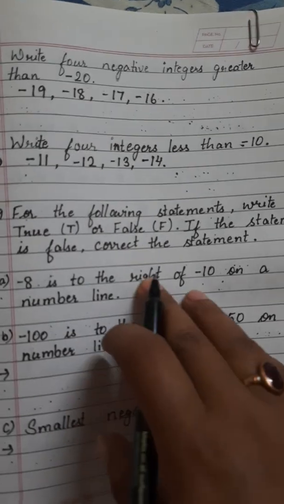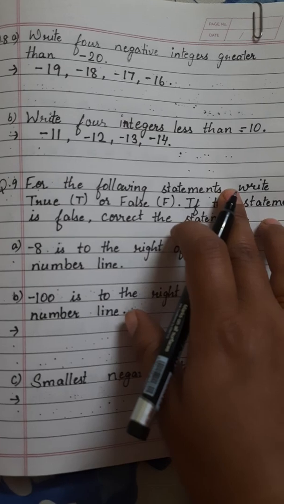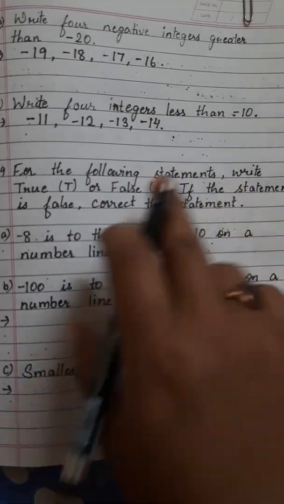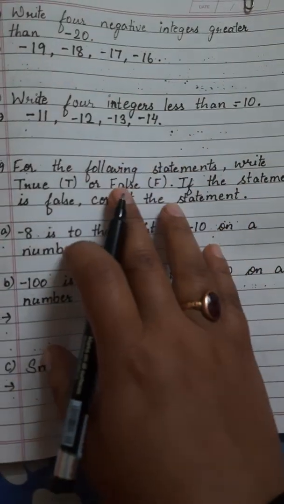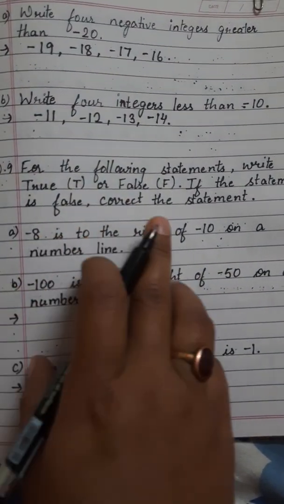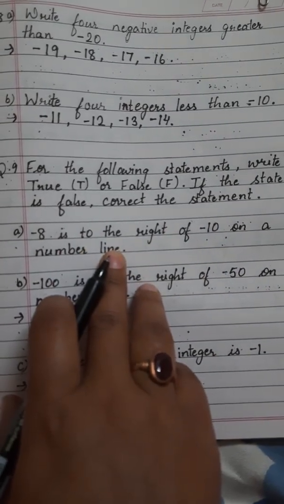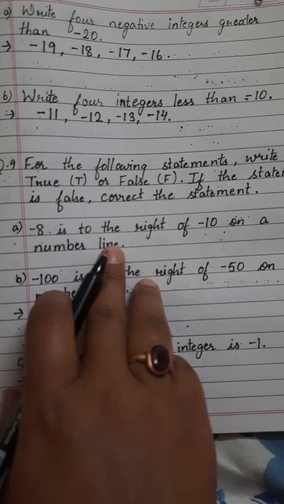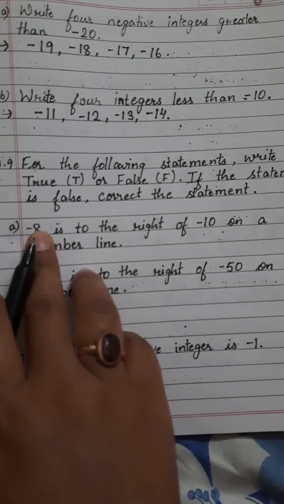Okay, then moving on to the next type of question. For the following statements, write true or false. If the statement is false, correct the statement, means you have to write the correct statement also. First is -8 is to the right of -10 on a number line. What can you say? Is it a correct statement? Yes, of course, because -8